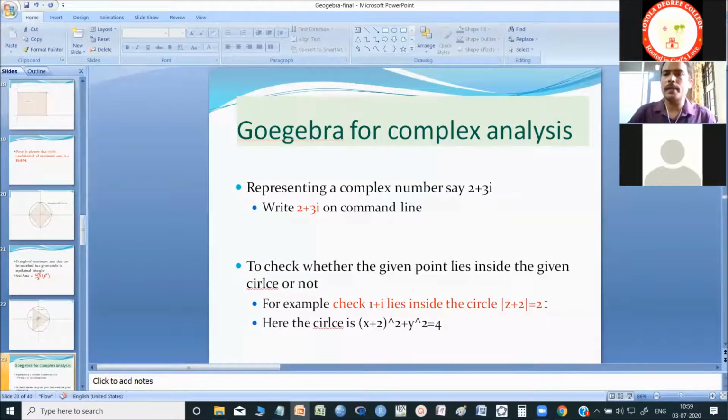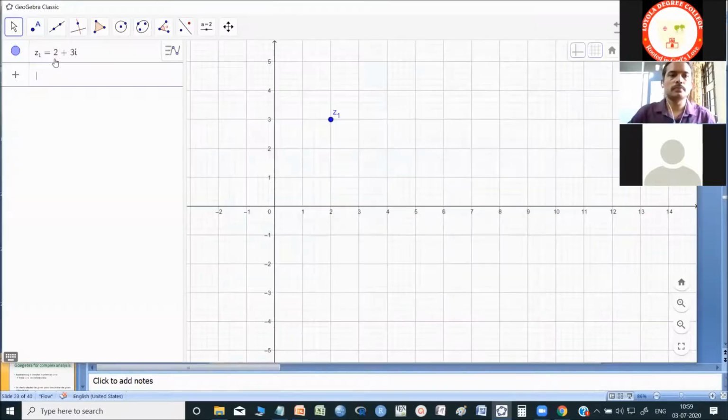So first let me write this equation in the command window: x plus 2 the square plus y square is equal to 4. Fine.